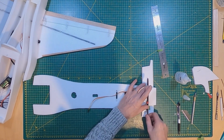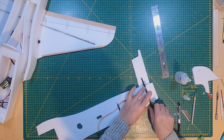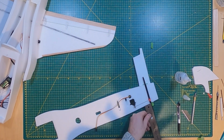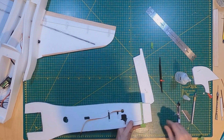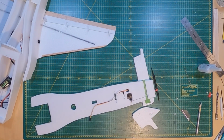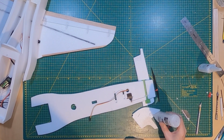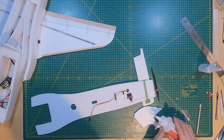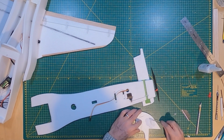Putting the two pieces back together. The 8mm tube that I had in there, I had it the full length, but I cut it so that there was 4 or 5mm spacing to allow and accept the control horn. So mixing up a small amount of epoxy here. It's just 5-minute epoxy. Added a wee bit of micro balloons just to thicken it up so it doesn't ooze